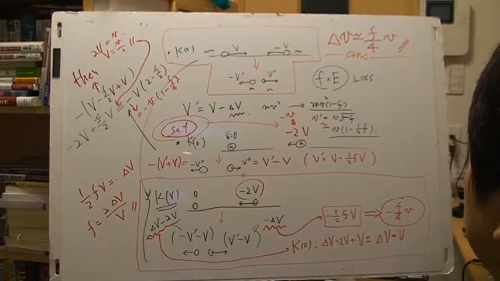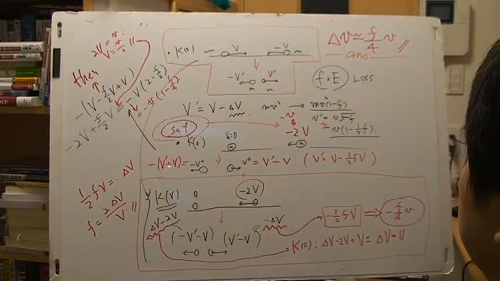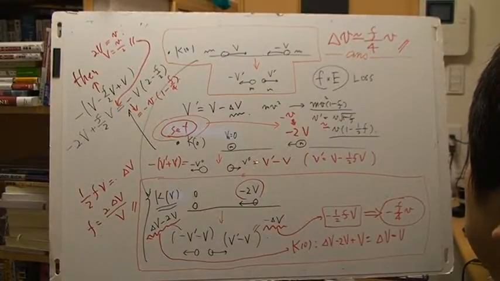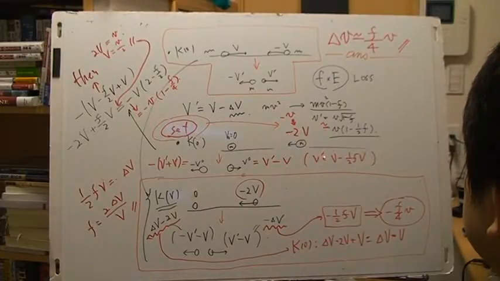So minus 2v, then this one is minus v prime plus v, and this one is v prime minus v. So exchanging large V equals half v, and then v prime is v minus half fv, but